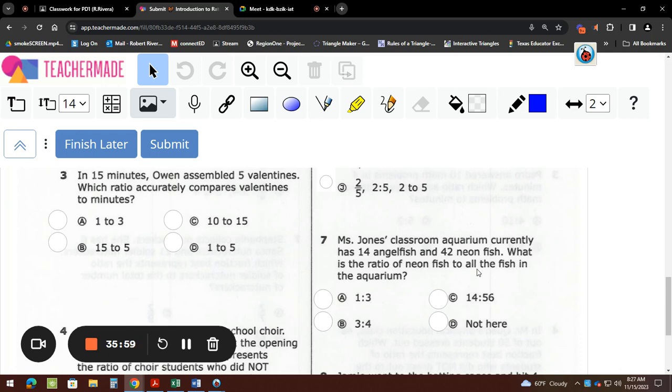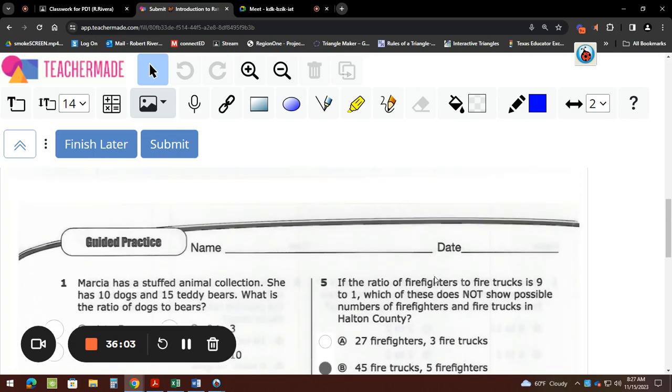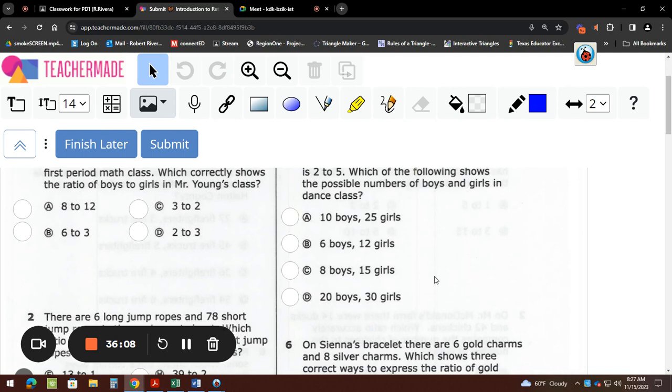That's it for homework. So you have question 7, question 6, and question 5 from the other page. So I gave you again 3 more questions for homework. And there's going to be a video for you